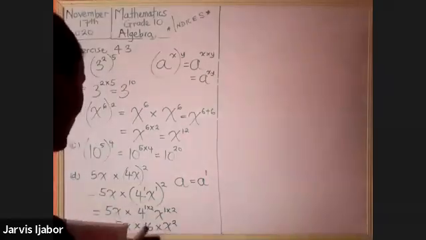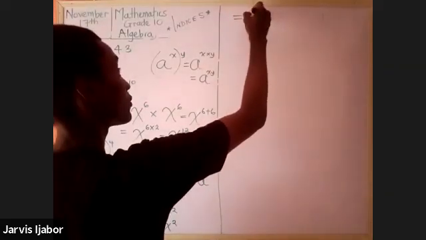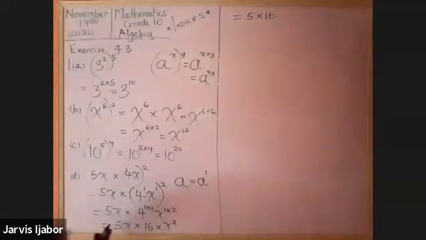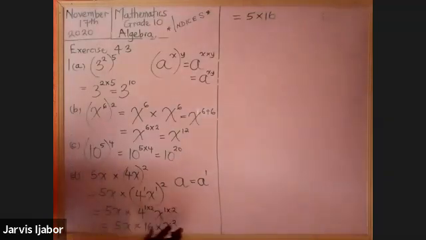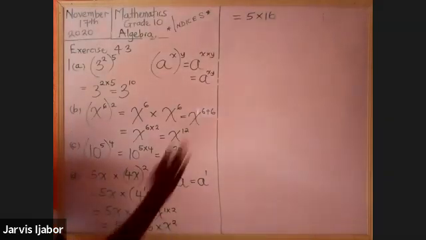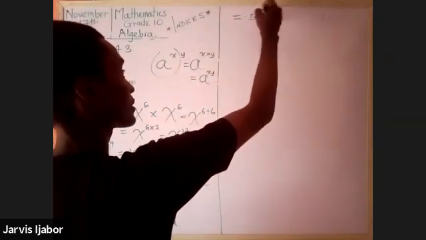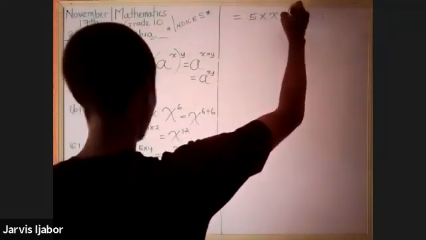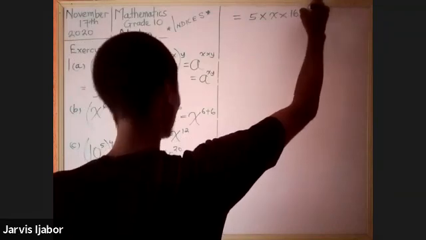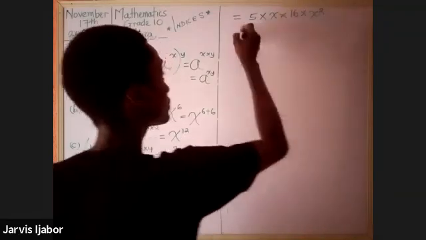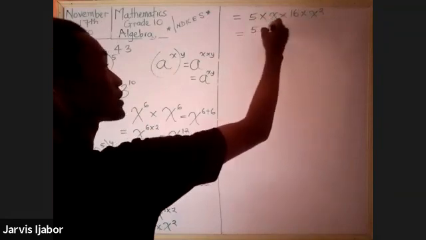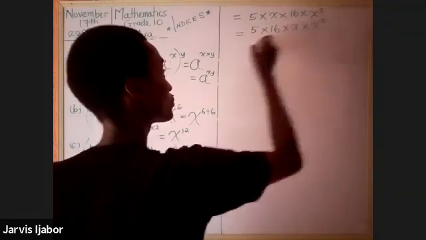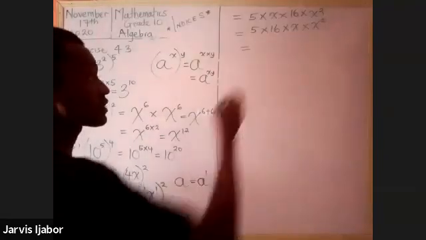All right, so with that, you're going to have 5 times 16. Now, take note of something. You're going to collect like terms here. So you have 5, or maybe we should spread them all out because we're just starting. 5 times x. 5x will mean 5 times x times 16 times x raised to the power of 2. And this will mean 5 times what? 16 times x raised to the power of what? 2. 5 times 16 will give me 60, 80 rather,